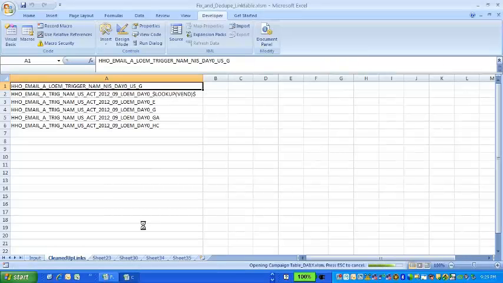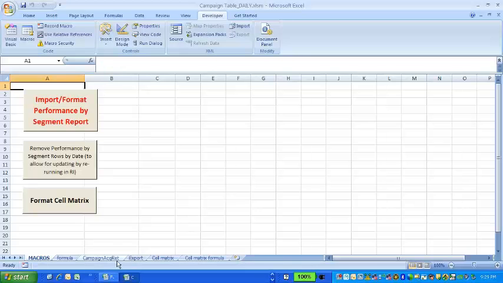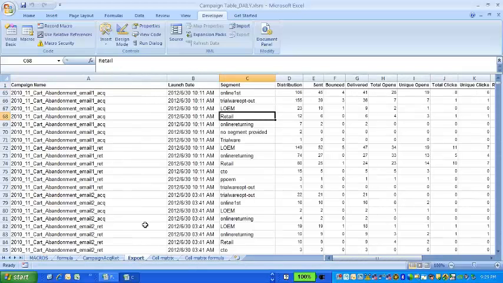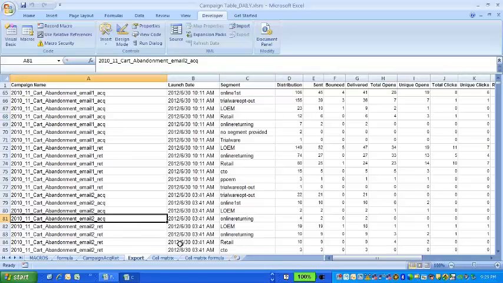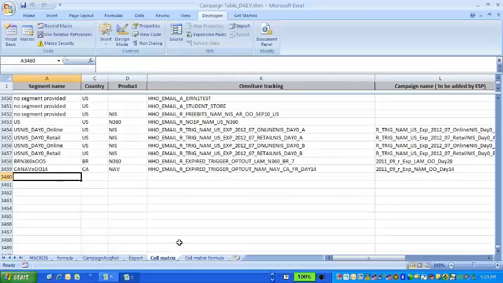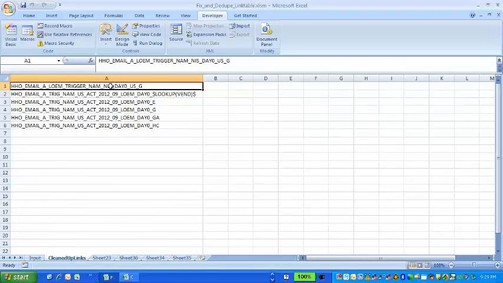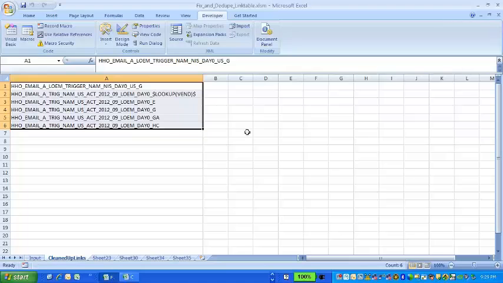spreadsheet, and when we open this up, this is, as we reviewed earlier, has the performance by metrics, by segment analysis metrics, email metrics reporting that we do on a daily basis. It also has our cell matrix that we reviewed earlier. So to add these to the cell matrix, we can just go back to these. So these, however many it is, 7 or 6 new tags can get added, and